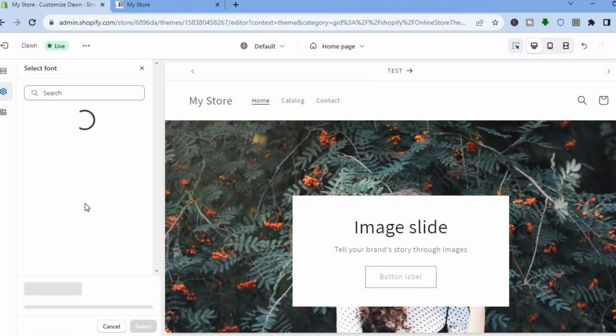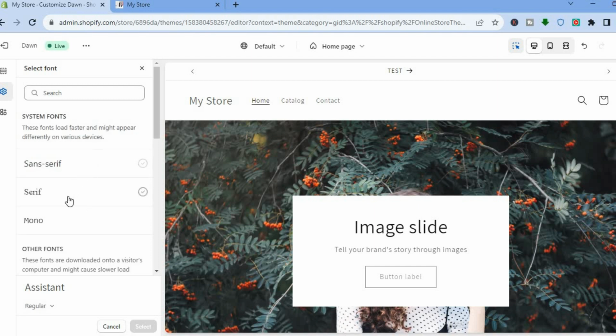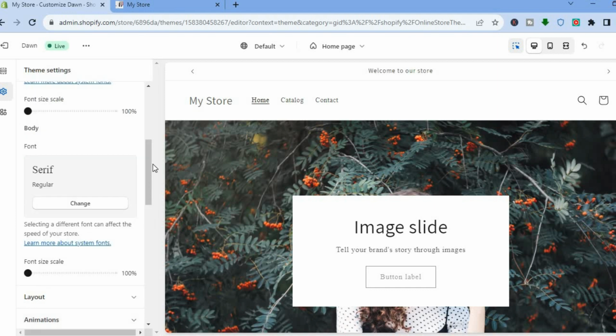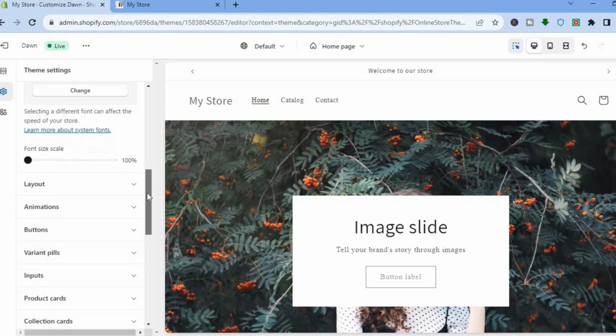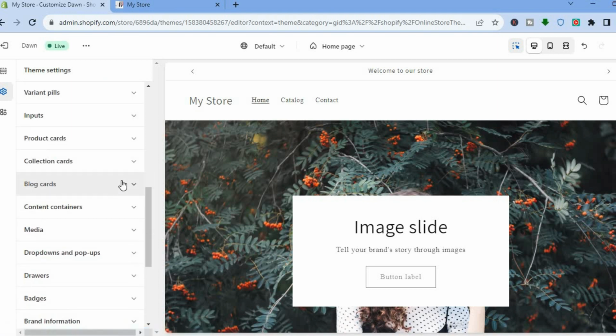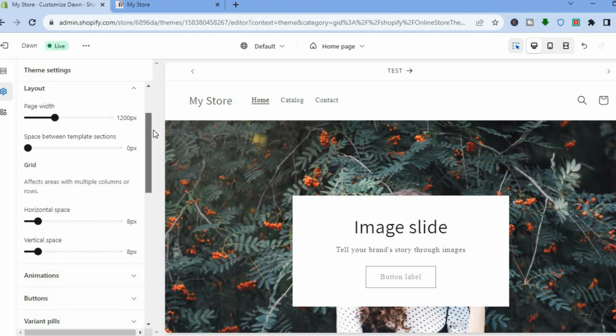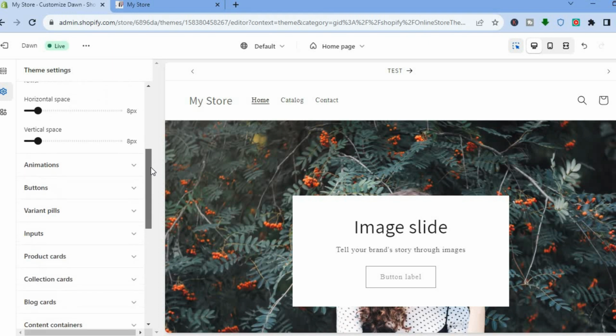You could tap on change. Then from there, you can select the font style that you would like to use. So for example, if I were to tap on that, you can see the font style has now changed. Another thing that you could also do, let me leave it as is, you could simply scroll down, you can tap on layout, and you can change the basic layout, but I would normally recommend that you leave it as